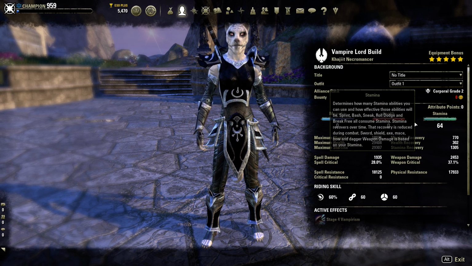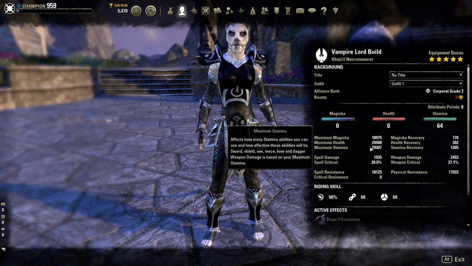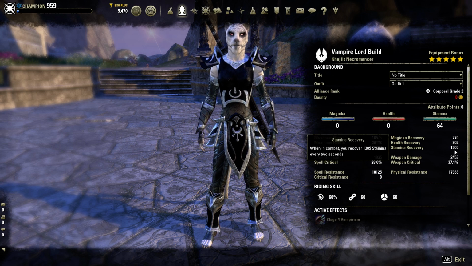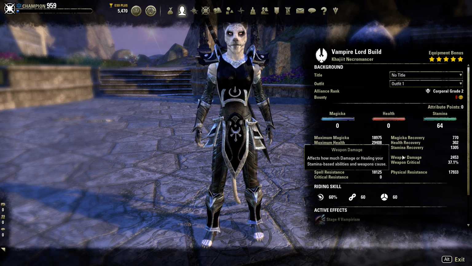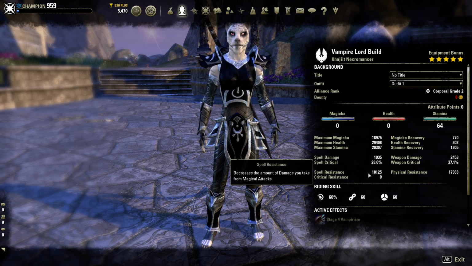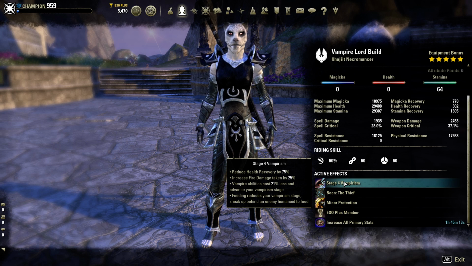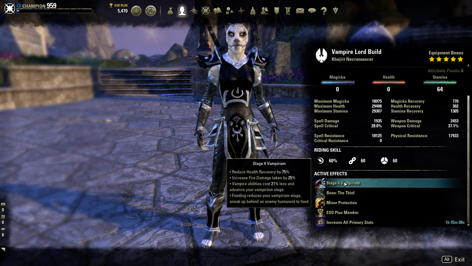We have 64 points in the stamina, 18,000 magicka, 29,000 health, 29,000 stamina. We do have a 770 magicka recovery with a 1305 stamina recovery, 2453 weapon damage, 1935 spell damage. We do have a 28% spell critical, which isn't really much, but we do have a 37% weapon critical, 18,000 spell resist, 17,000 physical resist. We are a stage 4 vampire with this, which we get 75% health recovery loss, 25%